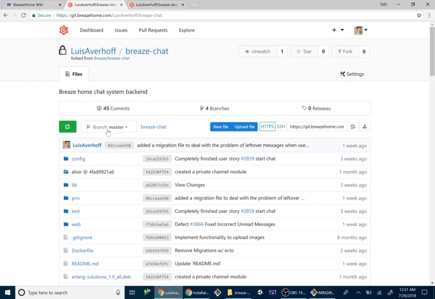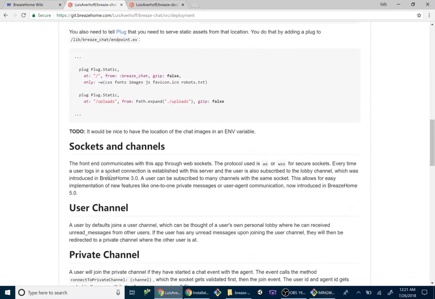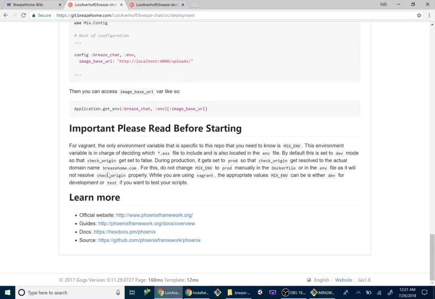So if we go down to the Readme file, what everyone should read is this part right here: Important, please read before starting. What this basically says is that you should not explicitly change the value of mix env to prod. You can change it to either dev or test, but don't change this to prod in either the env or the container. The reason is that mix env gets changed to prod